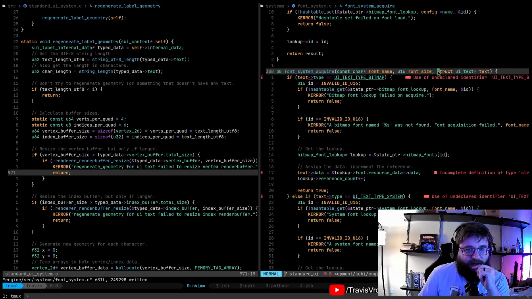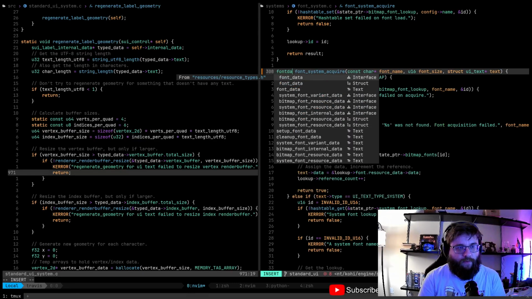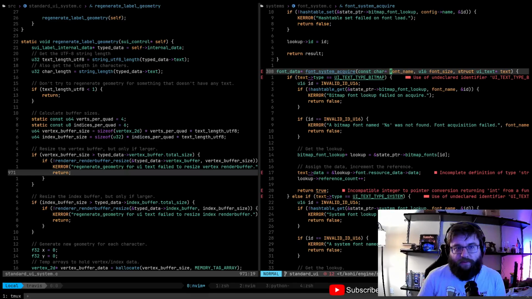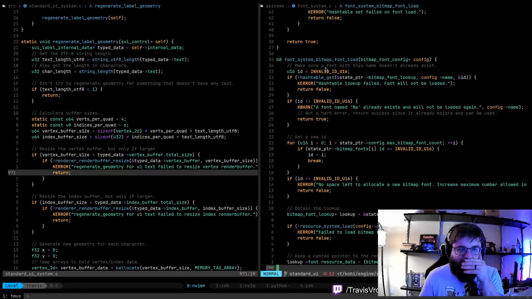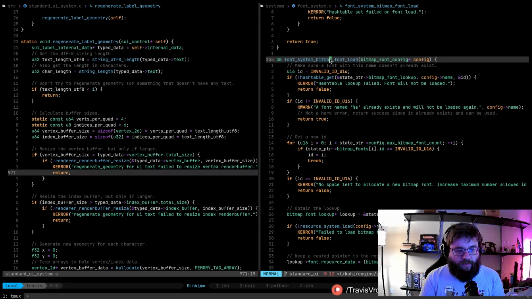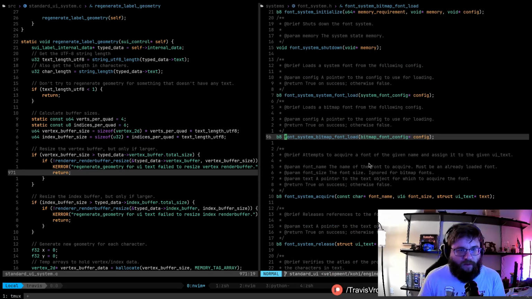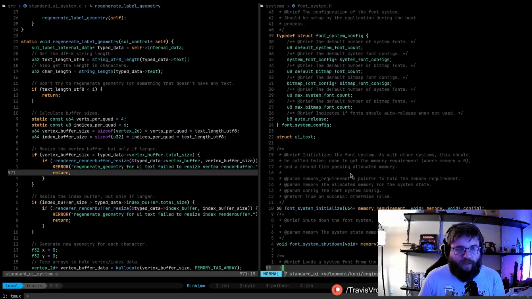So instead of taking a UI text here, we're going to do this. Get rid of that. And we probably ought to put, instead of a UI text type, we should probably have a font type. I'm thinking that's probably going to be the way to go.